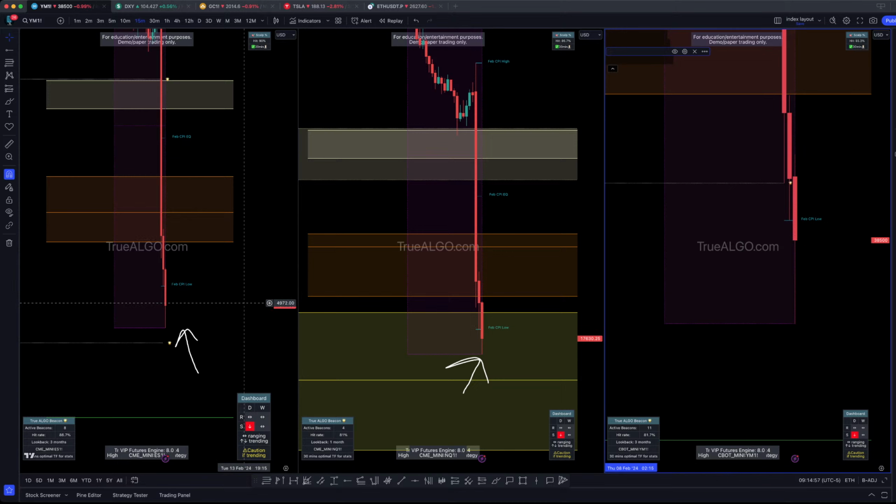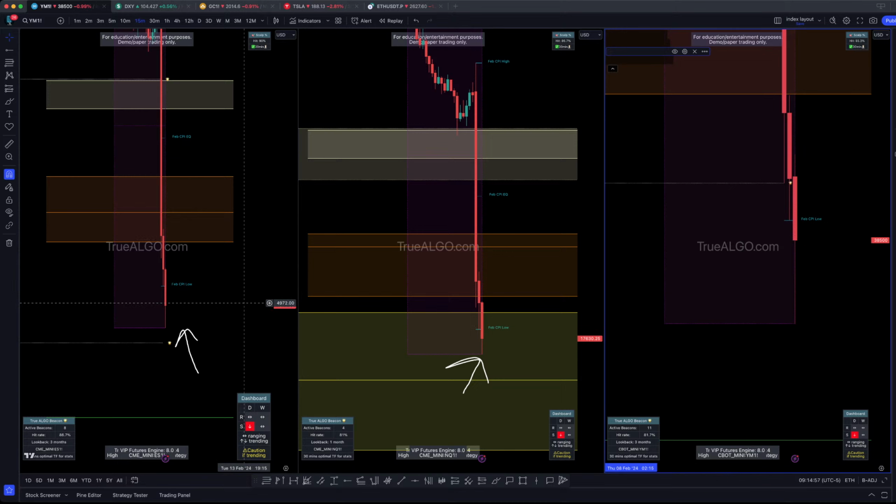Brand new low being put in right now on US 30. Brand new low being put in for the ES folks. NQ also put in a new low. The moves are just smaller because the NQ right now, it's the center of your guys' screen. It's the only one that's at our swing system. So it's going to struggle to put in as drastic of a low compared to the ES and the US 30 folks. So if you're someone that struggles to find the better playing asset, well, there you go.